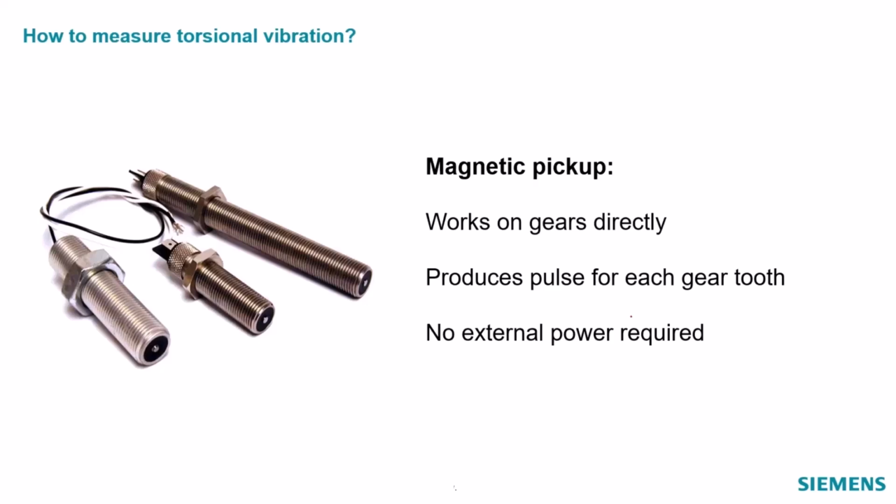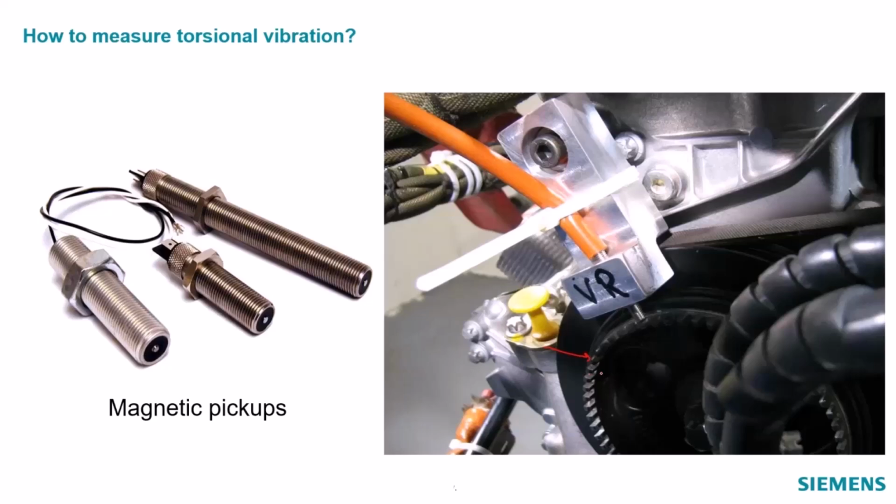Another way people might measure torsional vibration is using something called a mag pickup. And if you ever used these, Charles, they don't require any power. They have a magnet there. And this magnet, as a steel tooth goes by from a gear, it will create a pulse. And so these are kind of nice. If you're measuring torsional vibration and you have gears in your system, you can point a mag pickup at a metallic gear to pick up the multiple pulses per rev. That's pretty handy. You don't have to put any tape on. Yeah, no tape or anything like that.